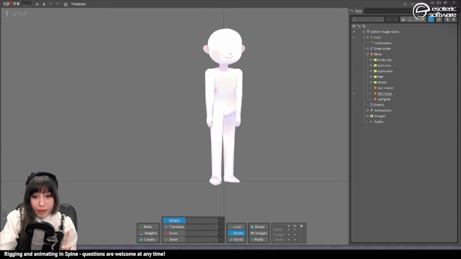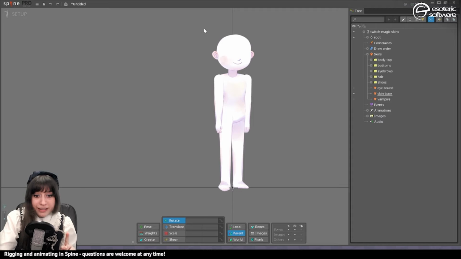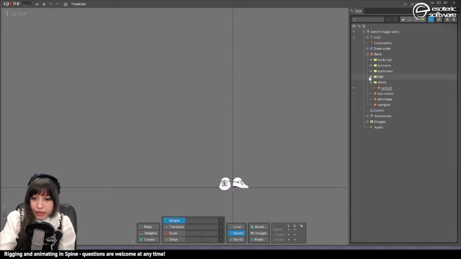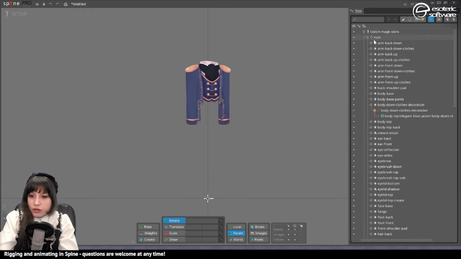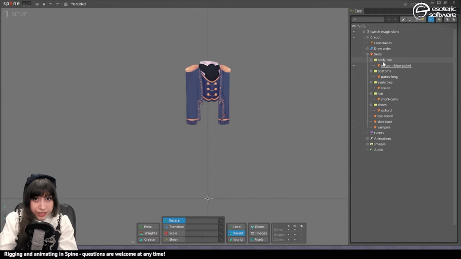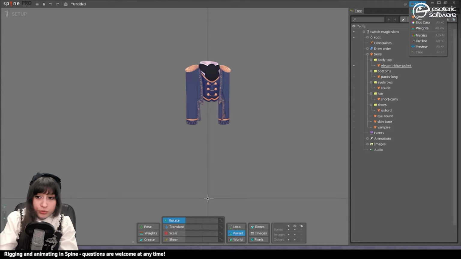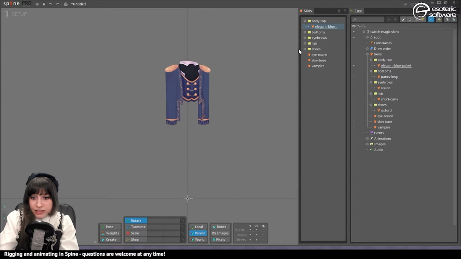You may already remember that there's a way to combine skins, because right now we can see the various skins that we divided, but only one at a time, which makes the process of rigging these items a bit difficult. In order to see multiple skins at the same time, we can do so by clicking on Views, which is here in the top corner, and then